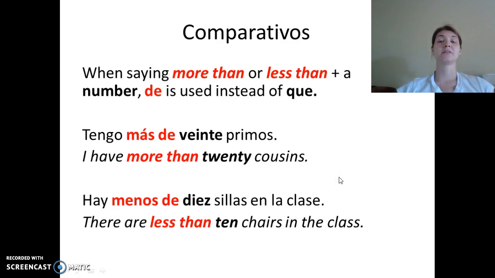Sometimes when you make a comparison, you want to compare with a number. When you want to do that, instead of using que in your sentence, use a word for more than or a word for less than, and de instead of the que. Por ejemplo, tengo más de 20 primos. I have more than 20 cousins. The comparison here is